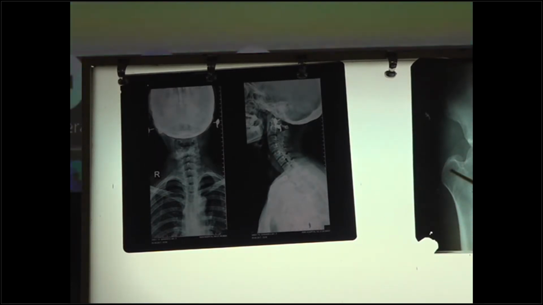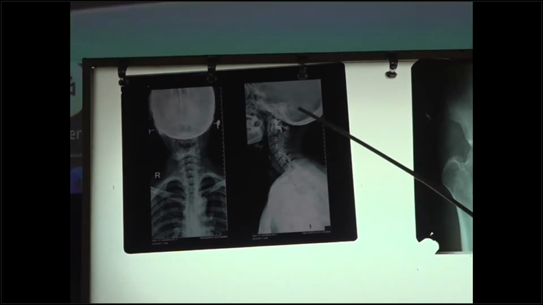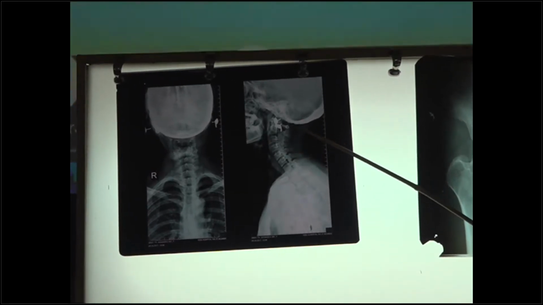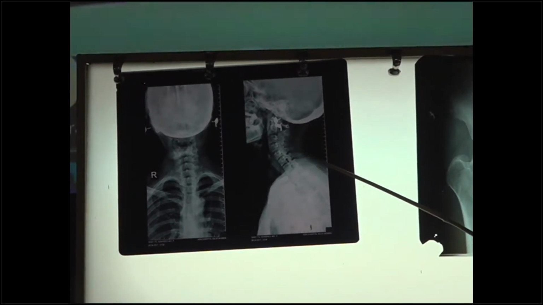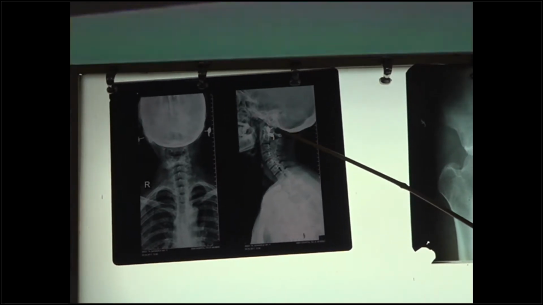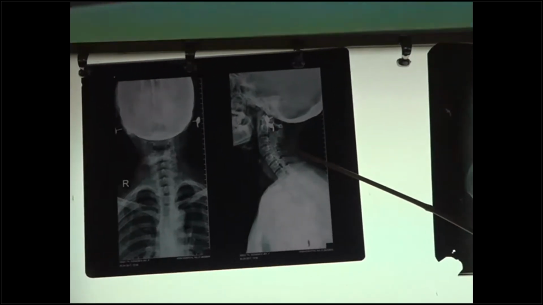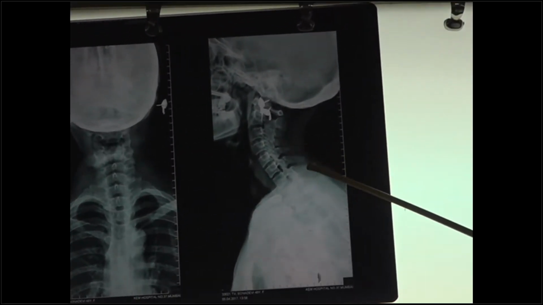Okay, so what you were asking is about the cervical spines, no? So I will just show you in the digital X-ray, where it is well seen. Here there is an AP view and a lateral view. What you can see is the cervical spines. You can start counting from the first one here. This is the posterior arch of the atlas. This is the second vertebra, third, fourth, fifth, sixth, and seventh.